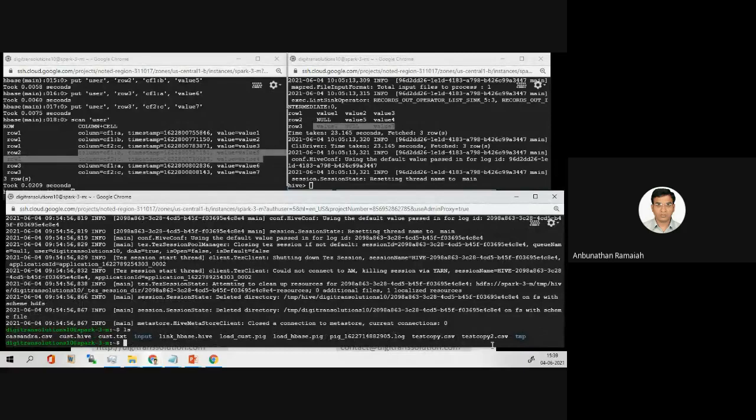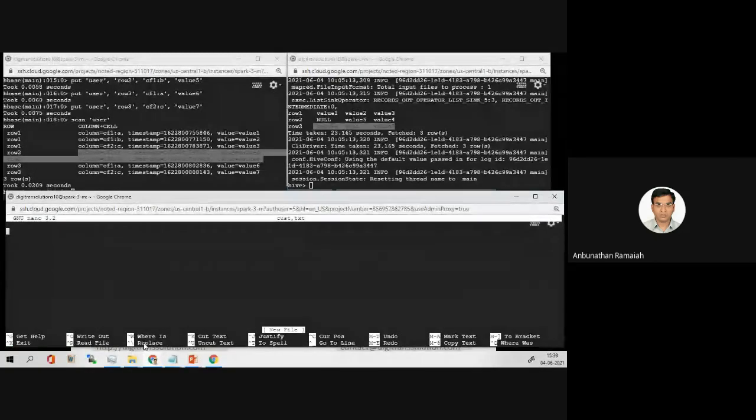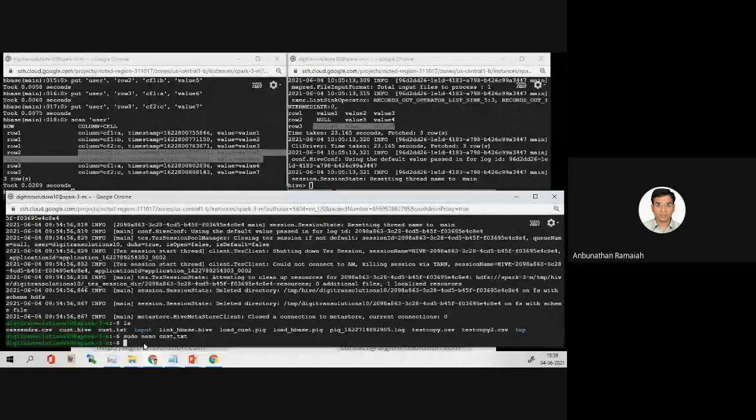The name of the file is cust.txt. So we'll open this with sudo. I will send this file also.